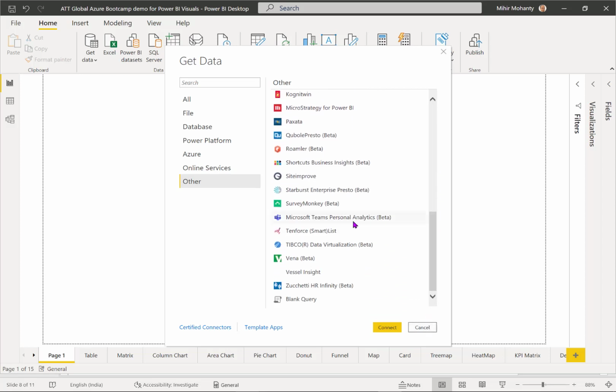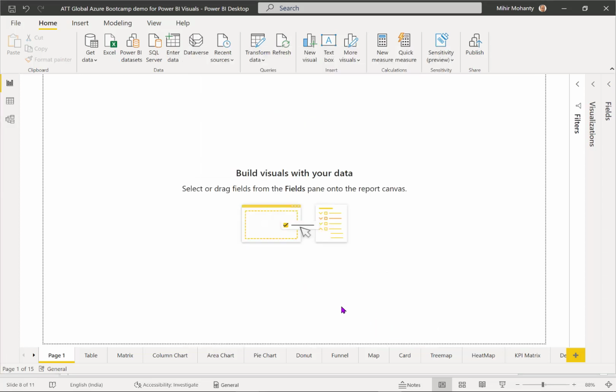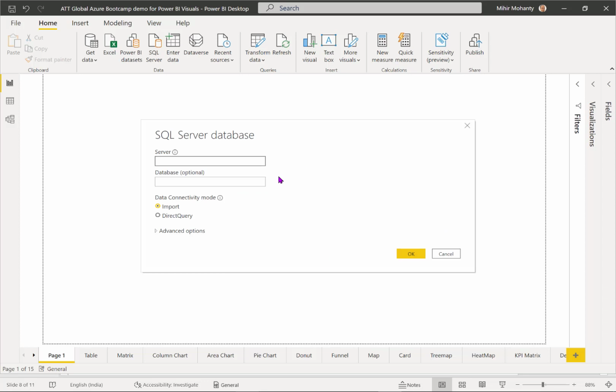So this is how you can come over here and select any of these data sources. Let me come over here, let's say connect to a SQL Server database. If I click connect, definitely it will ask for credentials. Think of I'm giving this as localhost. You can also give the name of the database, for example SQL Server source database. Once you enter all the right credentials, you can see there are two options in which you can connect to the data.